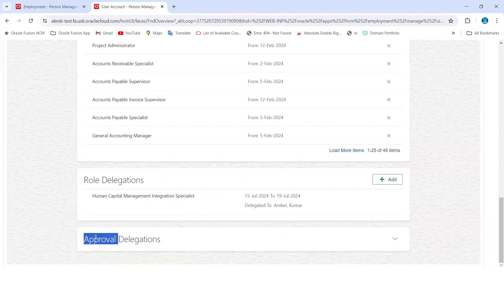Similarly, we have approval delegation also. We have a module for this. For the evening batch, we completed that module the day before yesterday. After our functional modules, I will take it. We have a module called workflows and approvals. What is that? For every module, whether core HR, absence, payroll, talent, or goals, anything,